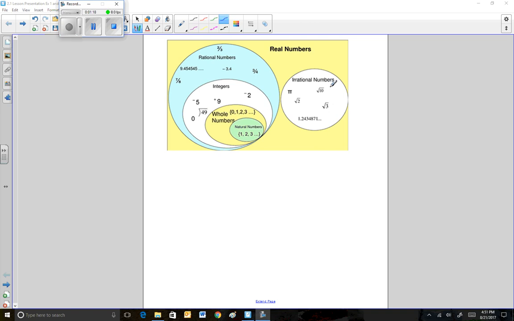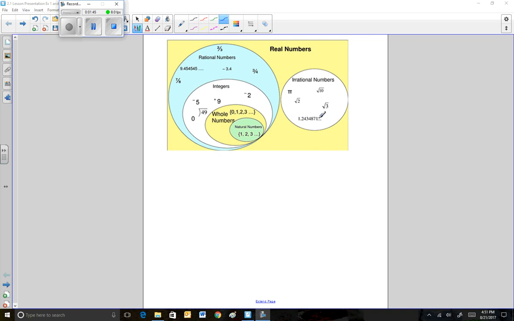Over here are your irrational numbers. Pi is an example because it's 3.14, but it continues on with several numbers after that. Root 2 will also be irrational. Root 3, root 10 are all irrational. If you place them onto a scientific calculator, you will get a number that goes on past the screen's allowance. So it will continue, for example, like this,